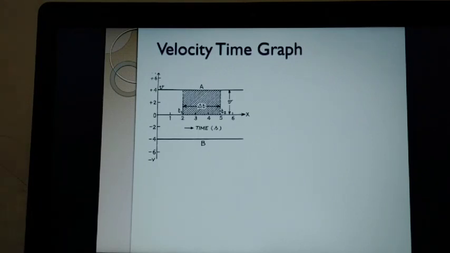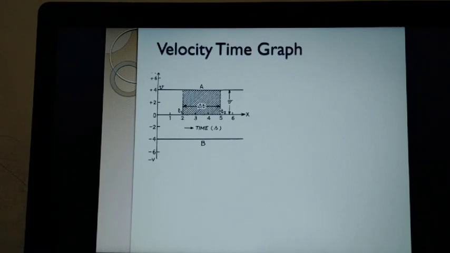Okay. So the area under the graph, some portion is shaded. From T1 to T2, you can see two different points with the time from T1 to T2, and from T1 to T2, the velocity will remain the same as V. From T1 to T2, the velocity remains as V itself. So the area is V into delta T.